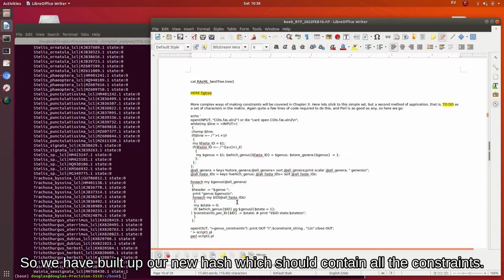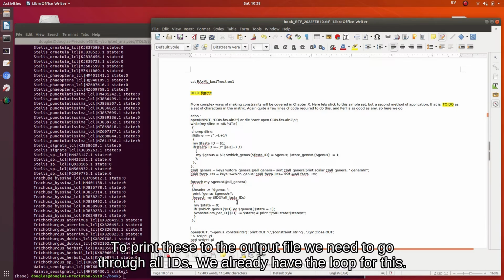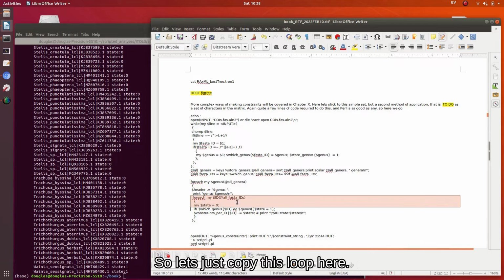Okay, so we built up our new hash, which should contain our constraints. And to print these to the output file, we need to go through all IDs, which we already have the loop for. So let's just copy this loop here,